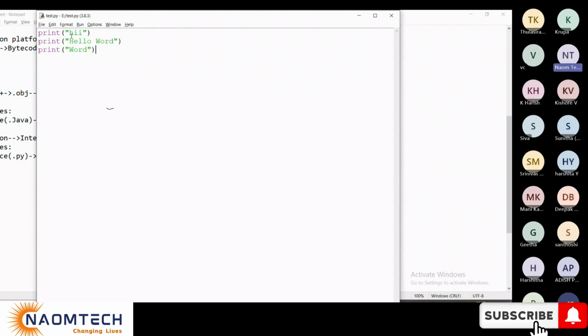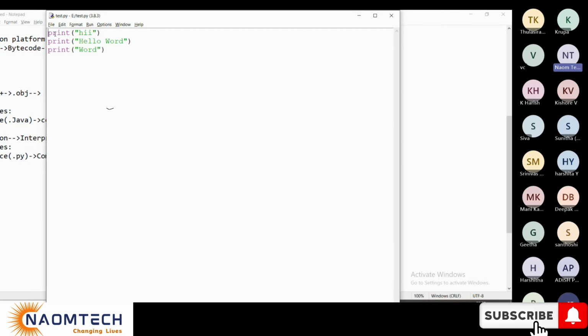It doesn't execute the entire program at a time. If it is Java, it compiles the whole program at a time and then executes the whole program. That happens with platform independent languages. But in Python, when you write a thousand lines of code, it compiles and executes that code in parallel.